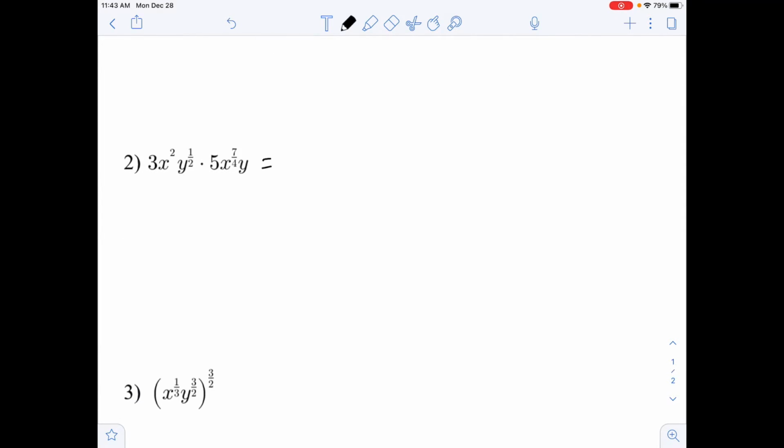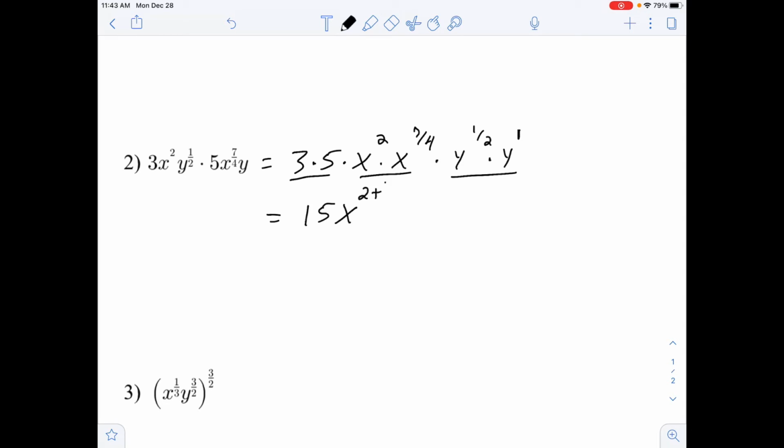Let's take a look at number 2. And again, we're kind of doing the same thing, except we have 2 variables now. So we're going to multiply the 3 times the 5, and then we're going to do x squared times x to the 7/4, and then we've got y to the 1/2 times y, and I'm going to put the 1 there. So all I'm doing is really organizing everything that we can multiply together, think of it like terms. So then we can multiply the 3 times 5. That's going to be 15. And then we're going to add, so this is going to be x to the 2 plus 7/4, y to the 1/2 plus 1, which is going to give us a final answer of 15x to the 15/4,